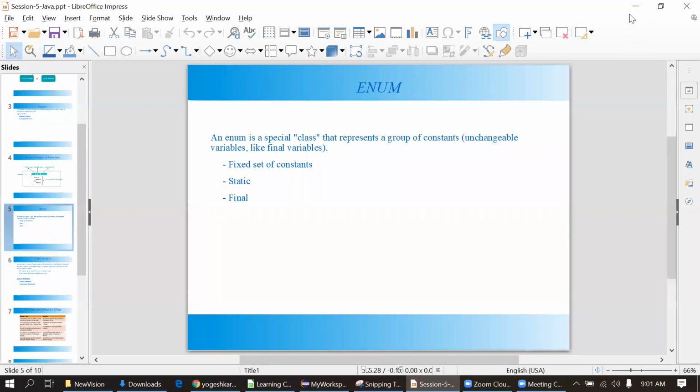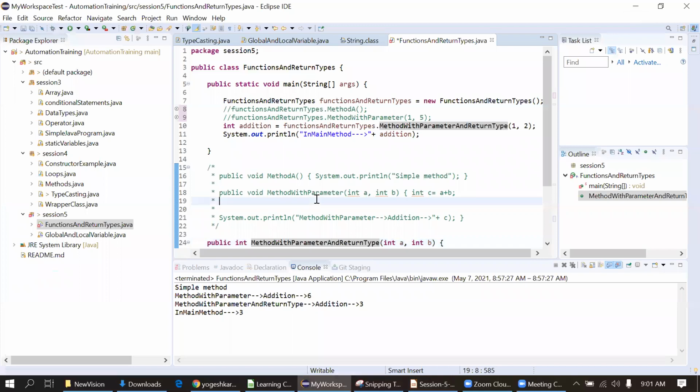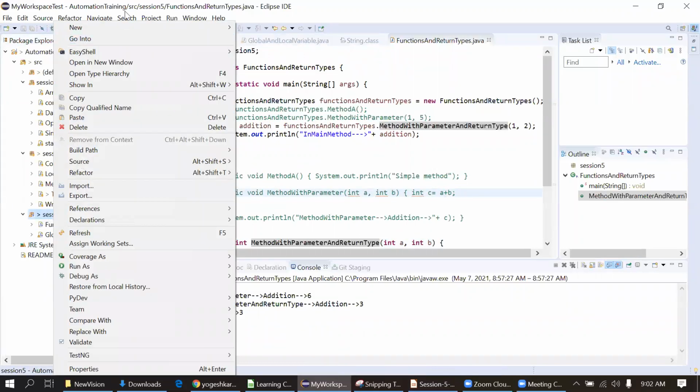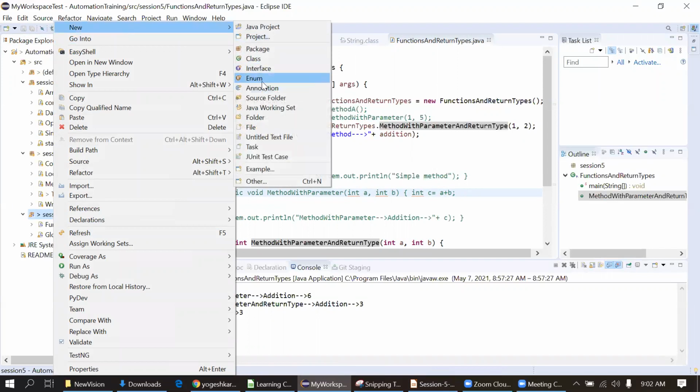So simply we can make it a constant for type safety, because some person might make a spelling mistake or case sensitivity issues while typing. So instead of that, we will simply create an enum. So the person working on the project will simply take the values from that particular list automatically. Okay, so we'll create one enum. It's similar to a class. Right click on the package, new, and the enum option is there. You can see E, create enum type.